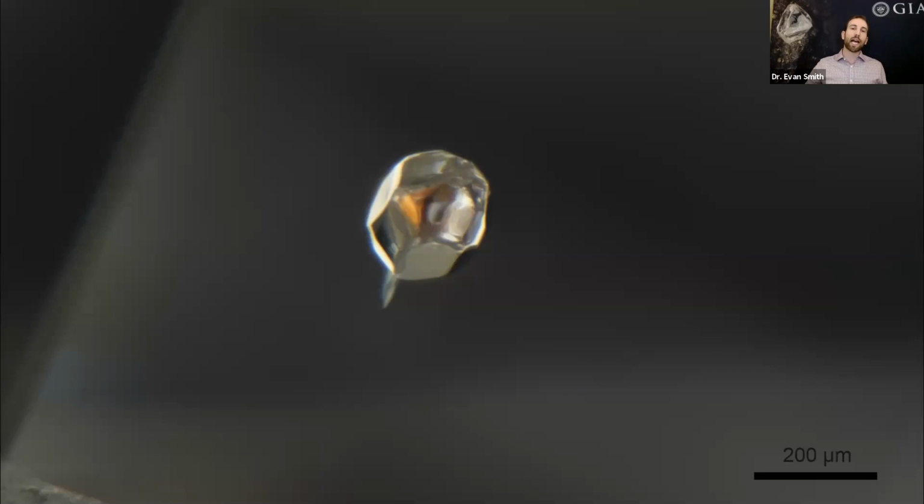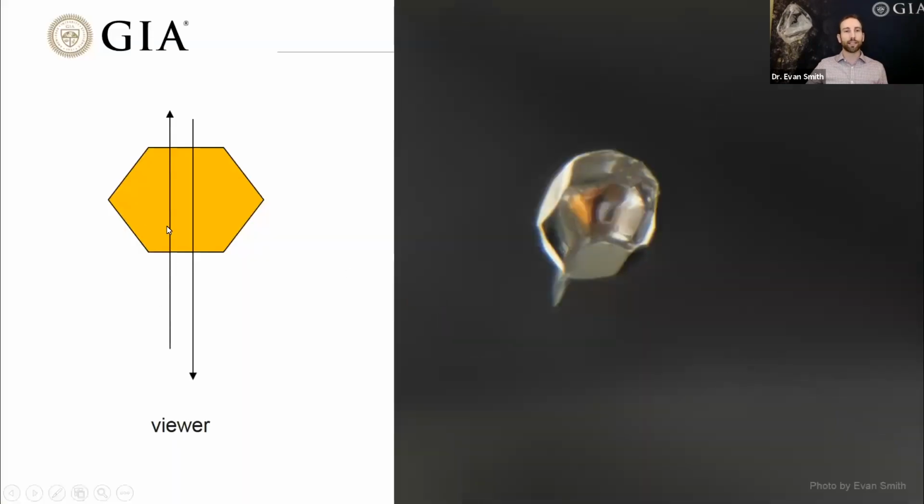And the reason this is happening is because there's a very big difference in the index of refraction between the garnet and the surrounding diamond. So the phenomenon we're seeing is total internal reflection. And you can explain it like this. On the left here, I've got a bit of a cartoon. Here we are, and this is sort of in plan view, and we're looking at this inclusion. As long as we're looking at this flat face here, we're viewing it sort of head on as opposed to on an angle, light can pass in and out of this inclusion without any problem. And we can see light from the interior of this inclusion. We can see that it's orange.